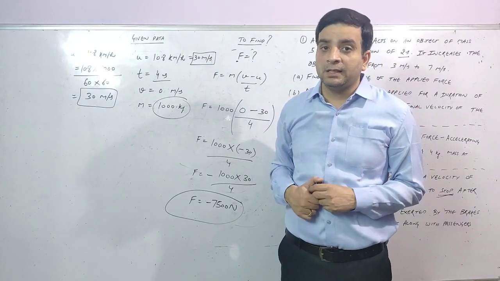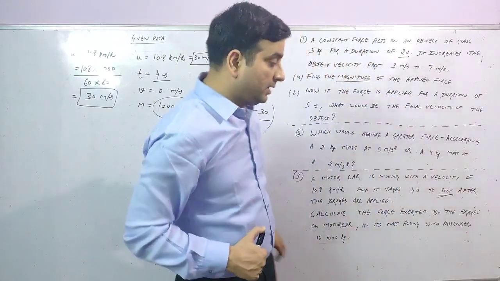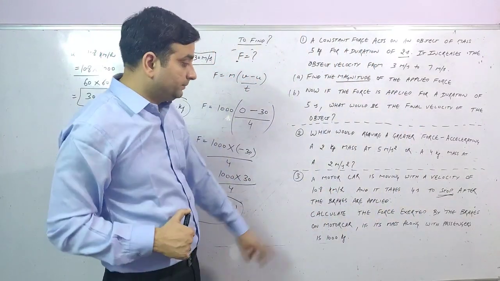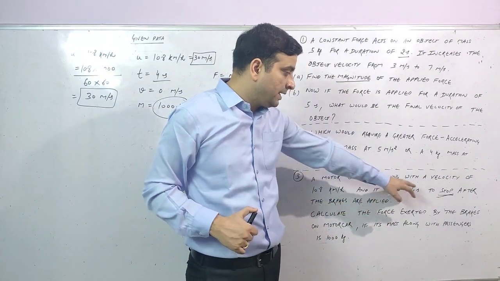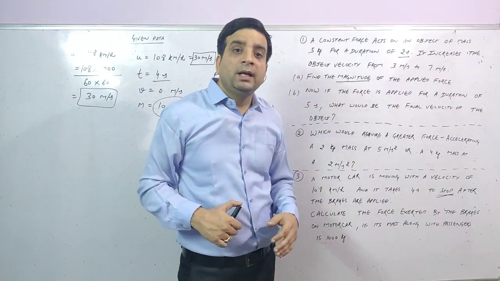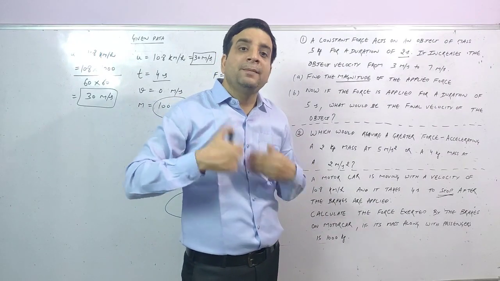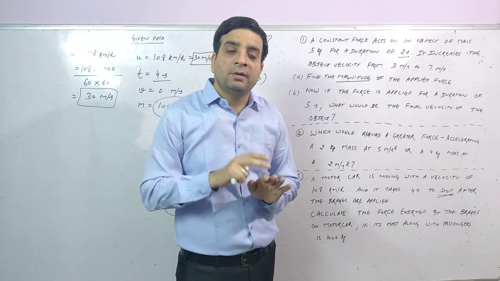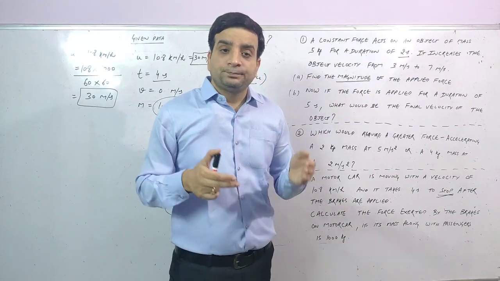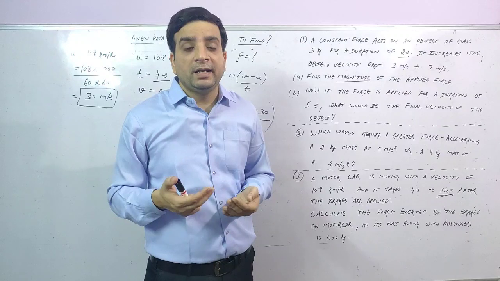कि minus sign से पता क्या चलता है? So what is the meaning of minus sign? Read the statement. A motor car is moving with a velocity of 108 km per hour and it takes 4 seconds to stop. तो हमने क्या किया, गाड़ी जो हमारी मोटर कार है पहले से ही मोशन में है, हमने ब्रेक अप्लाई की है. ब्रेक अप्लाई करने से क्या हो गई, हमारी मोटर कार रुक गई है. सो फोर्स किसने लगाया? ब्रेक ने.